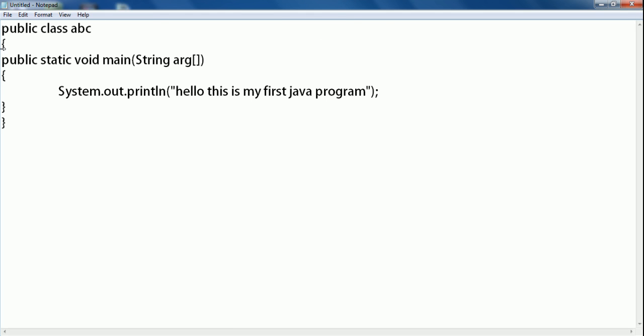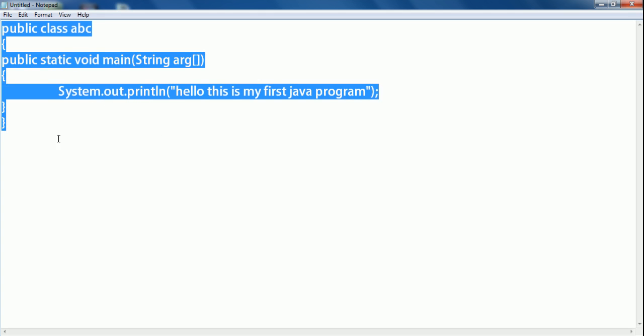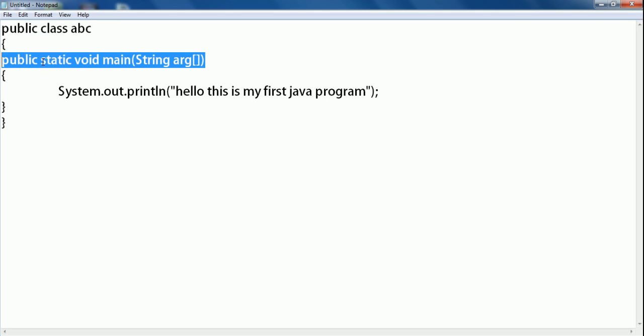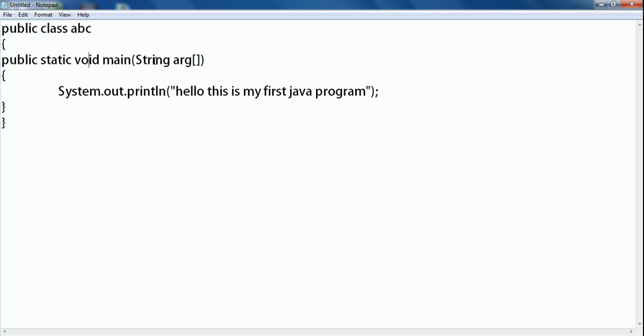These are the minimum requirements, or the predefined syntax in Java to write any program till now. We require a class that should be public, then a main method that should be preceded by public static void, and a main method must have an argument that is a string type array, and for output we write System.out.println hello, this is my class.